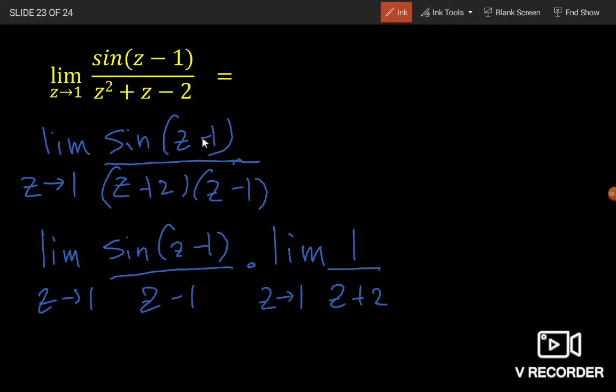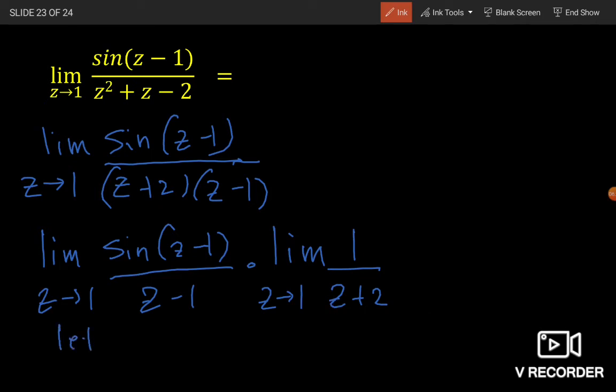So we have sine of z minus 1 over z minus 1. The limit of sine of z minus 1 over z minus 1, which is this, multiplied by the limit of 1 over z plus 2, which is this. So now,